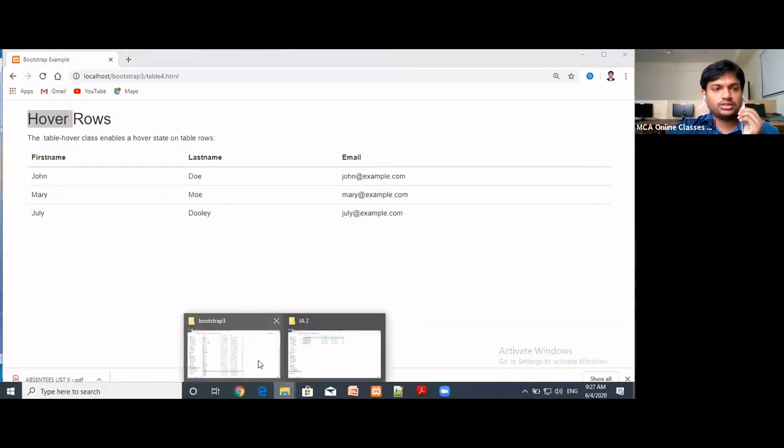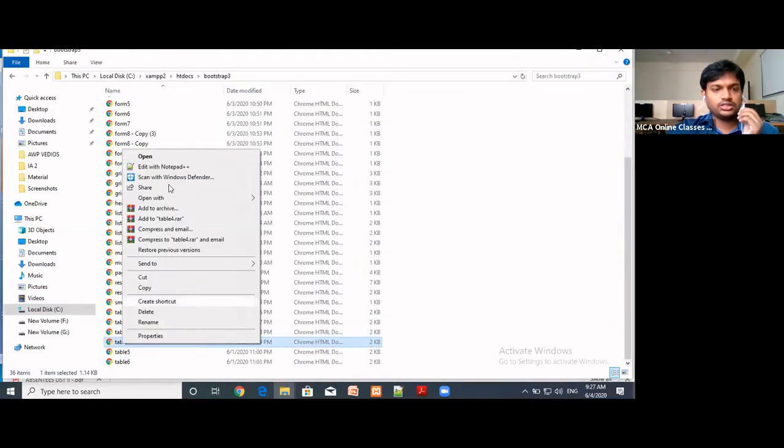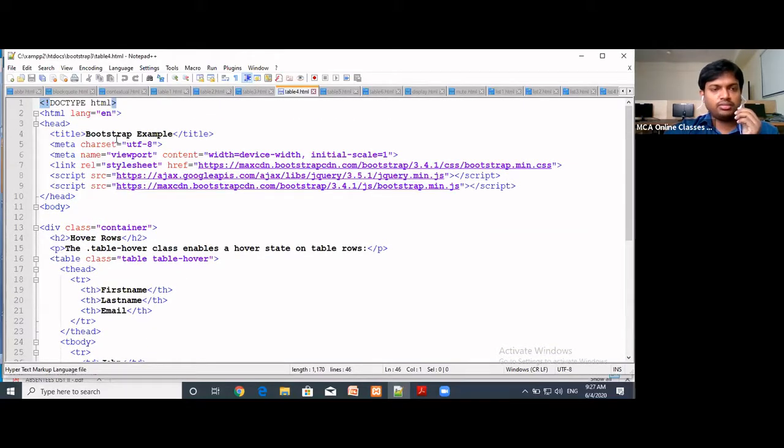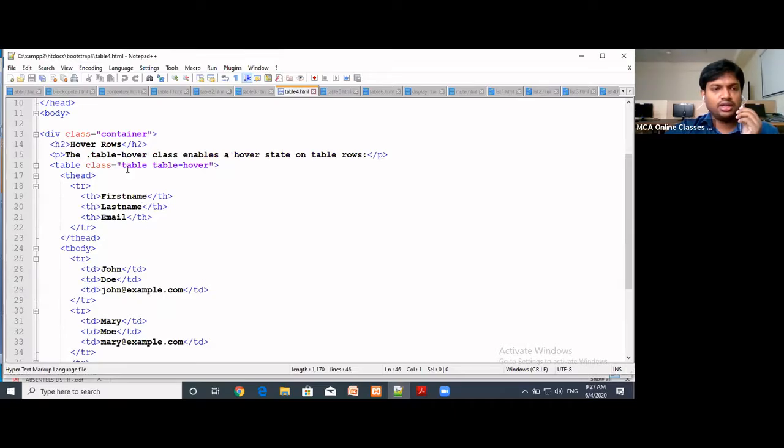For this, you just have to add the class. Everything is the same. The contents, including the links, everything is the same. Here you have to use this table-hover. For the basic table, just use the class table. For the bordered table, use the class table-bordered.